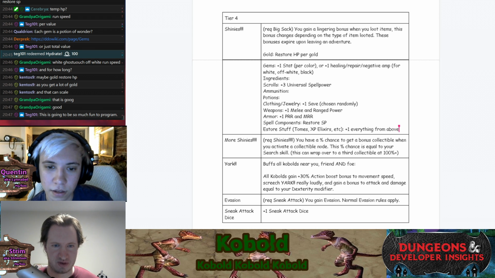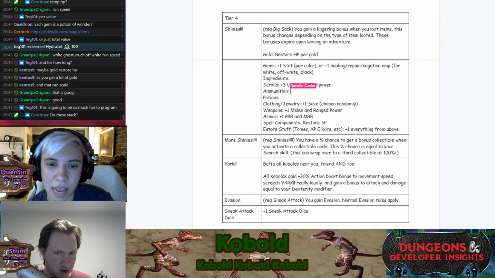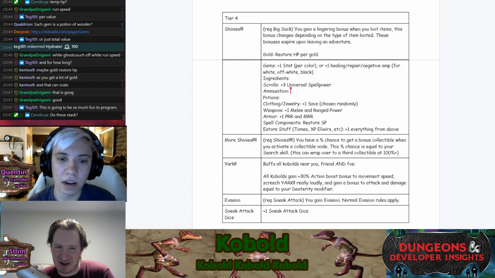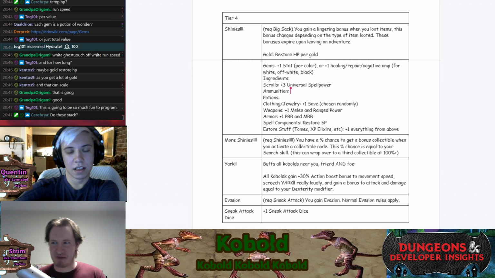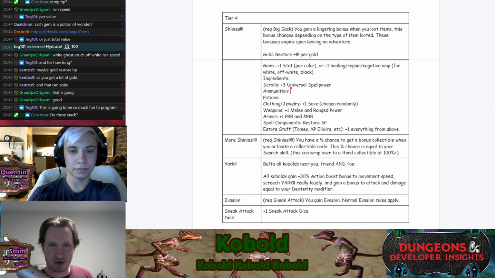Cool. We need potions, ammunition, and ingredients. Ammo. Oh, to ammo. +1. Returning. 1% returning. Yeah, that's solid. I don't know. I'm trying to think of something, but when you pick up ammo, it increases your returning rate. So if you're playing like a kobold crossbow user and you don't have conjure bolts because you're a pure rogue